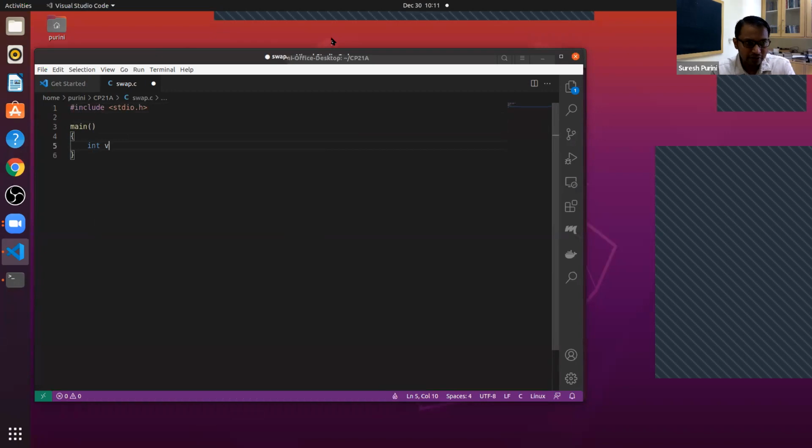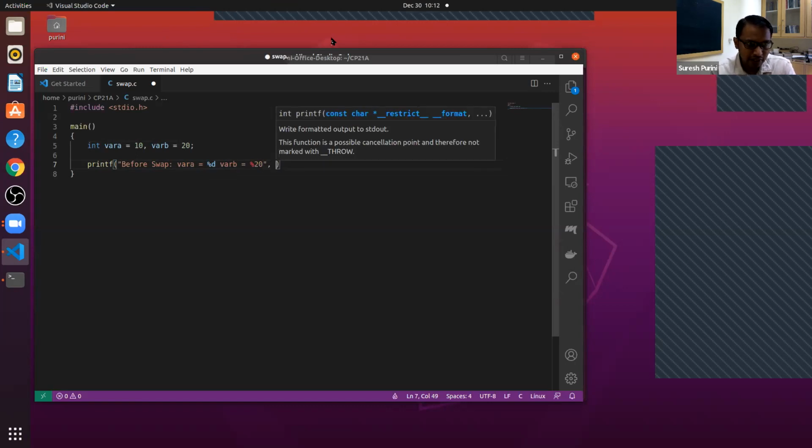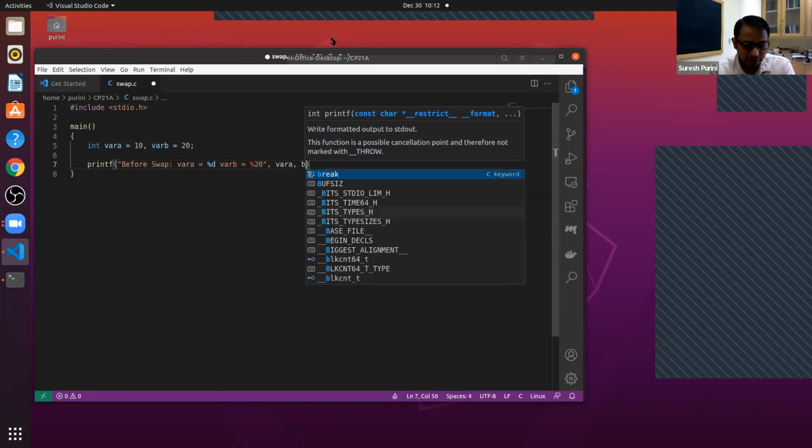So there are two variables: var a contains 10 and there is another variable var b which contains 20. What we would like is to swap the contents of these two variables, var a and var b.